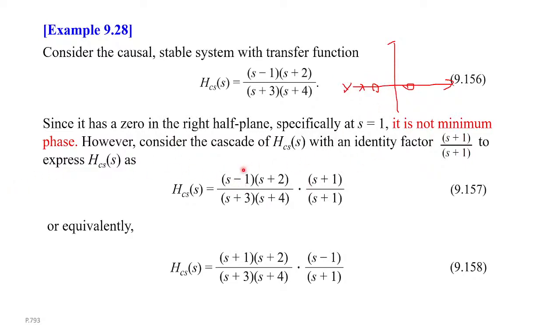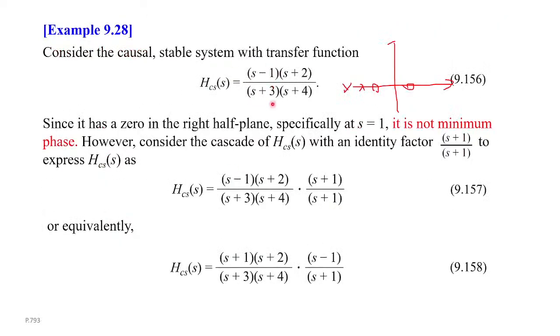So the thing is, this zero at 1 is a little annoying. So what we do is we construct a pole-zero pair at -1. In terms of equation, we multiply our system function with s plus 1 divided by s plus 1. So nothing happens because this thing is 1. But then we can swap things around, right? So we swap this s minus 1 with this s plus 1. Now this side has s plus 1, and this side has s minus 1 over s plus 1.